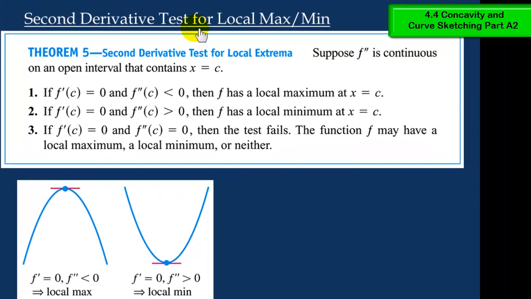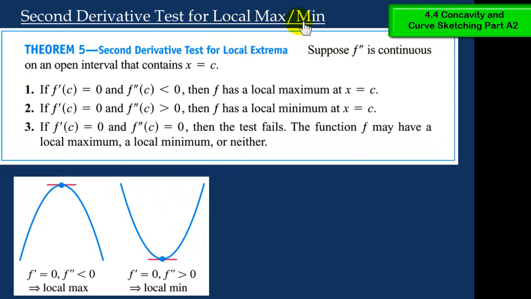Second derivative test for local max and local min. Theorem 5, second derivative test for local extreme values. Suppose f double prime is continuous on an open interval that contains x equal to c. If f prime at c is 0, that means c is a critical value, and then when we take the